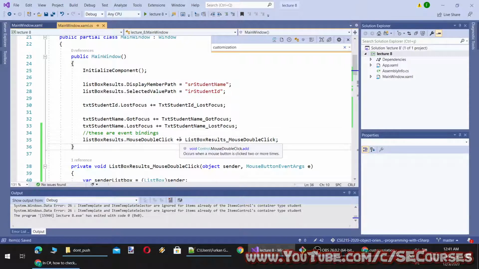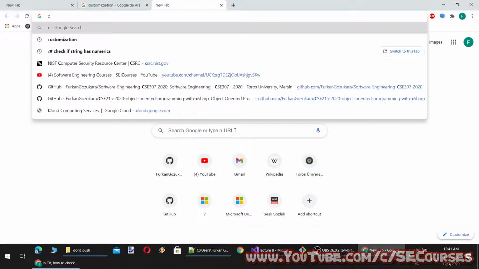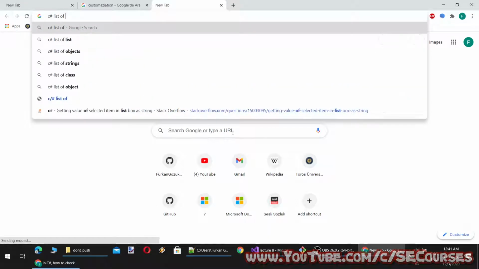I think this is, it says occurs when a mouse button is clicked 2 or more times. This is event binding parameters. List of, let's say, parameters or something like that.